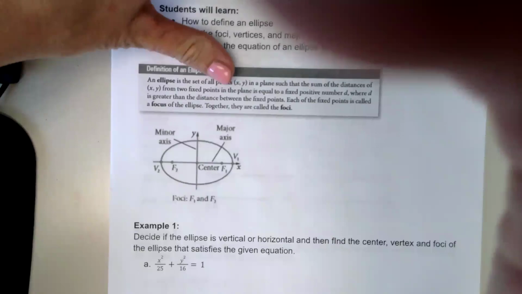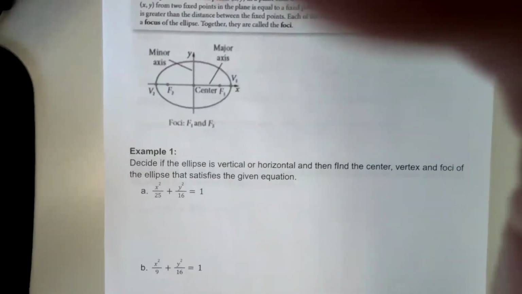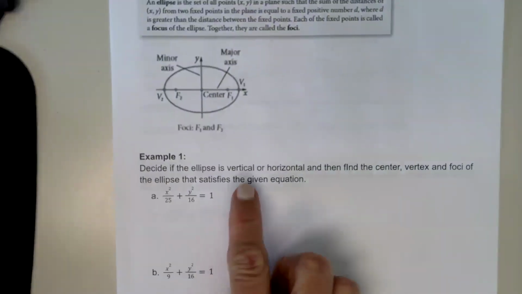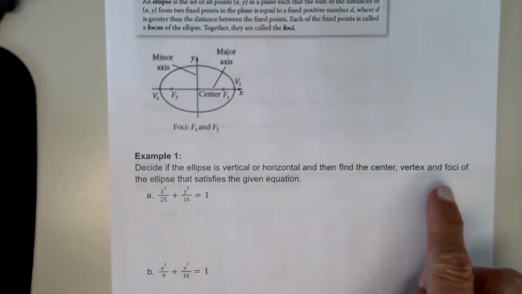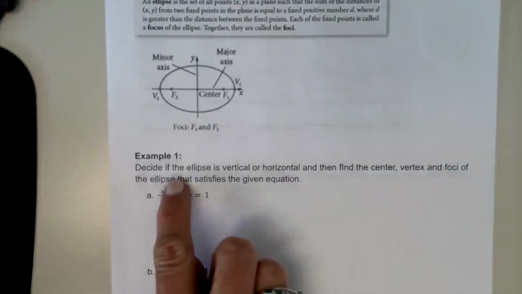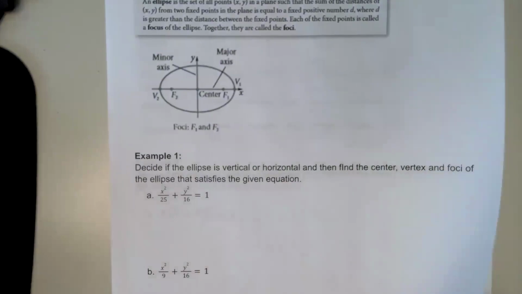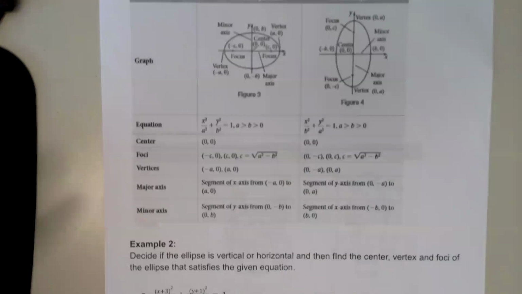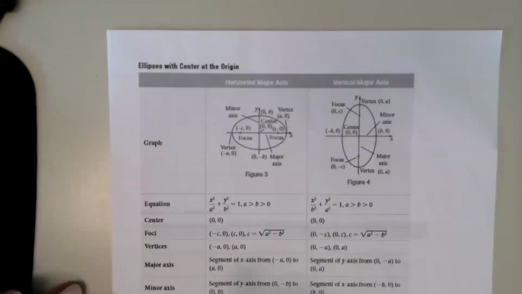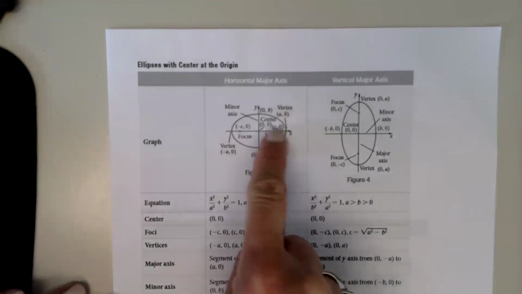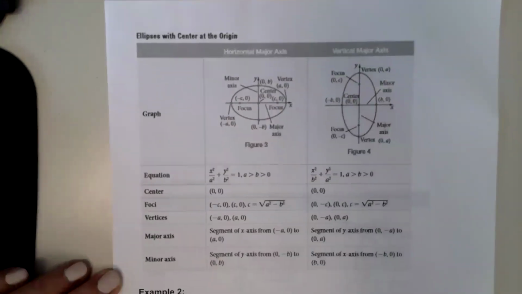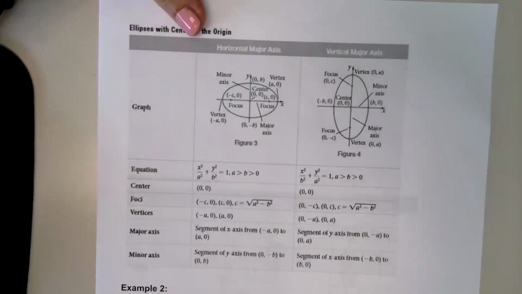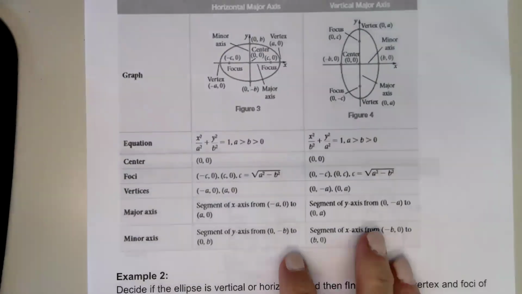And I'm going to help you find those. It says decide if the ellipse is vertical or horizontal, and then find the center, the vertices, and the foci of the ellipse that satisfies the given equation. If you flip the page of your notes, this is where it describes the two situations. So we could have a horizontal ellipse here,